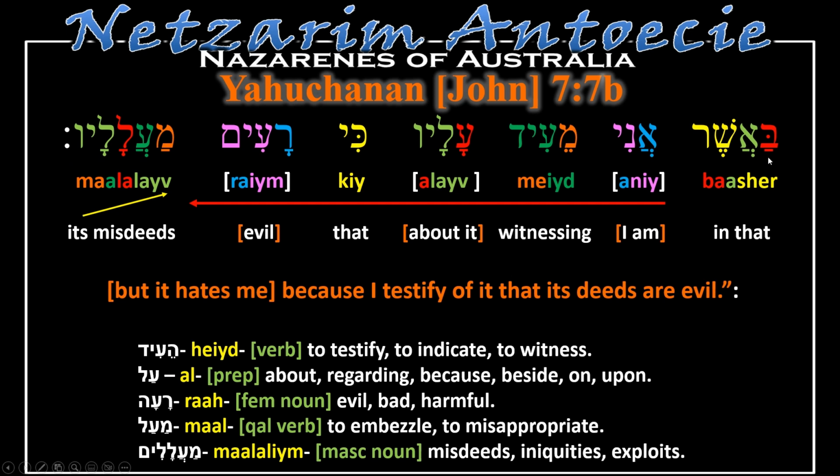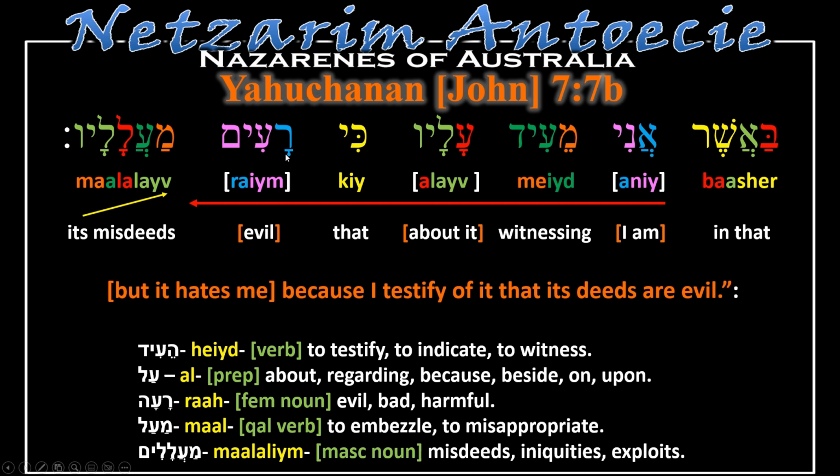So we read it. Ba'asher, in that, ani, I am, me'id, witnessing. The reason I chose "I am witnessing" is because with the mem, it's usually like a participle form. I'm witnessing, alayv, about it, concerning it,